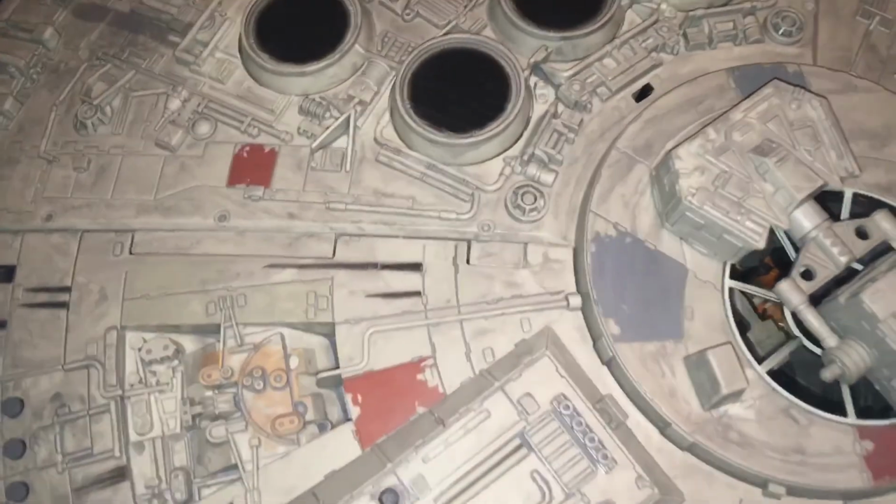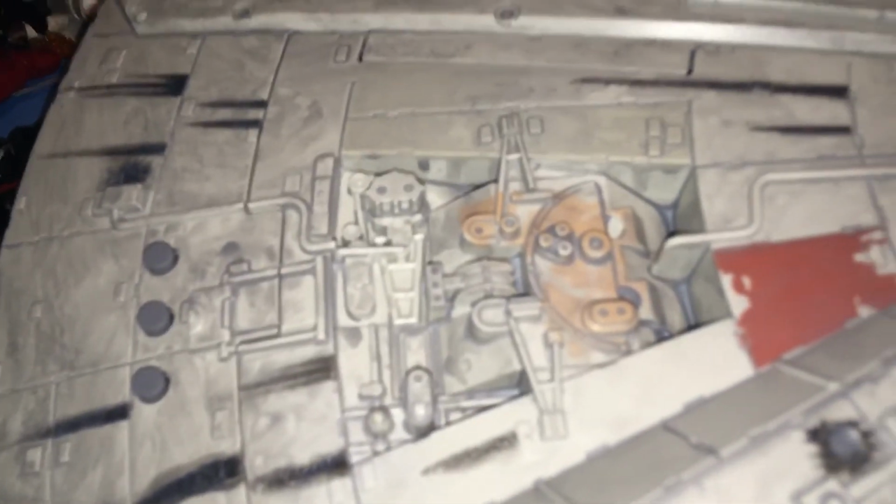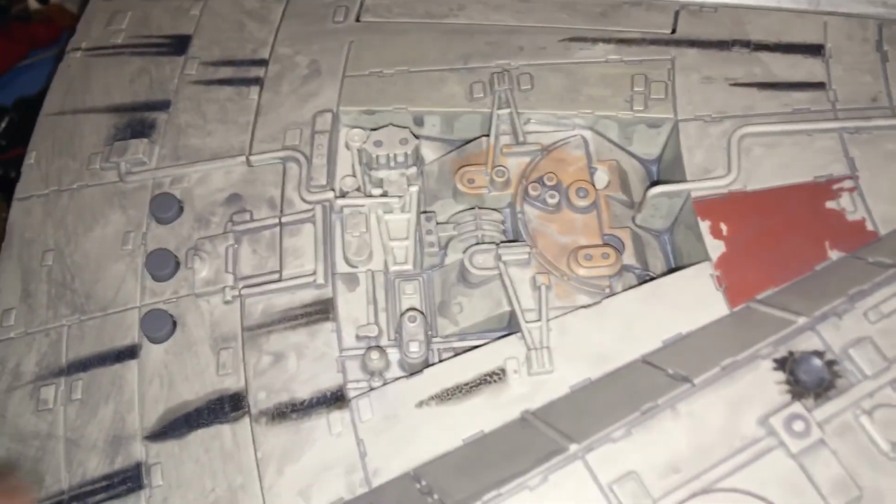Now let's go get that coaxium. Evasive maneuvers! R5,